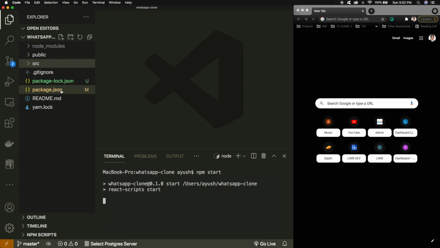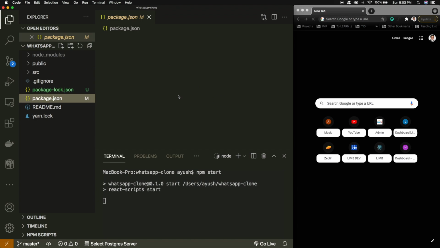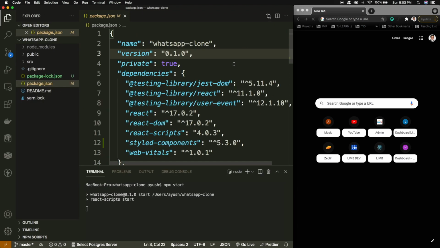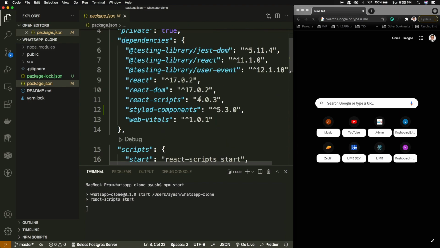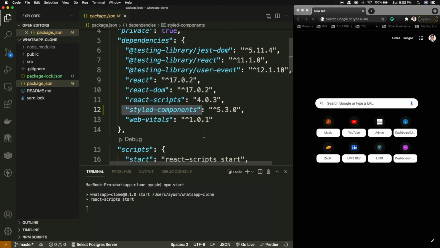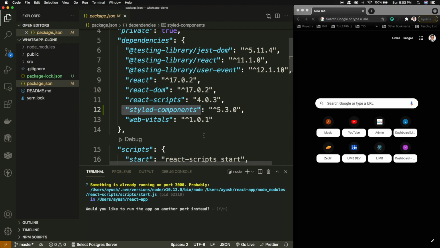And again, if I go to the directory structure, until it's starting the application, we can have a walkthrough. In the package.json file, we are having all the dependencies that you can see on the screen. So I just did one thing, this is the styled-components that we will be using in this particular project for styling our components. And again, it's the choice of the individual. If you just wanted to go with the basic CSS, then there is no difference, you can simply work with the basic CSS, and styled-components is pretty much similar.